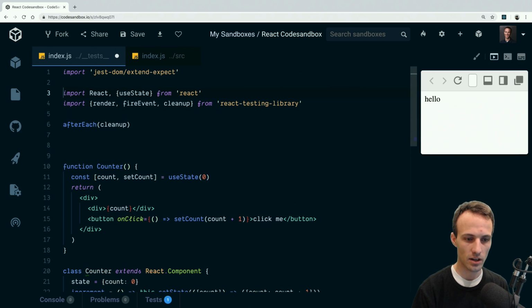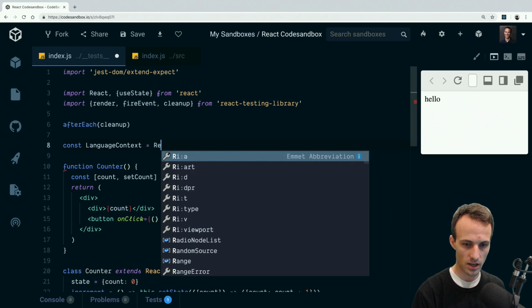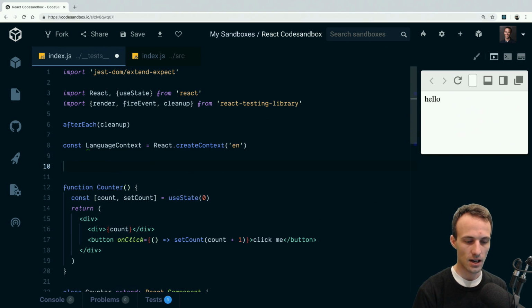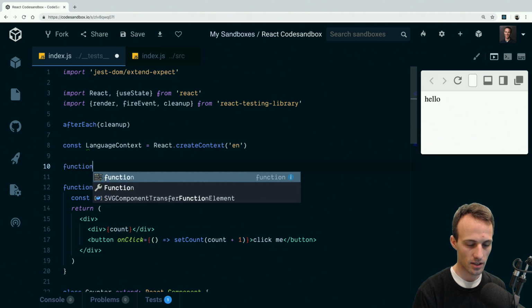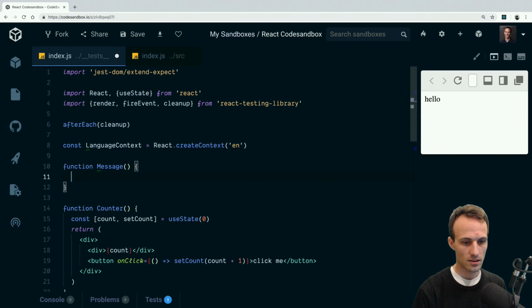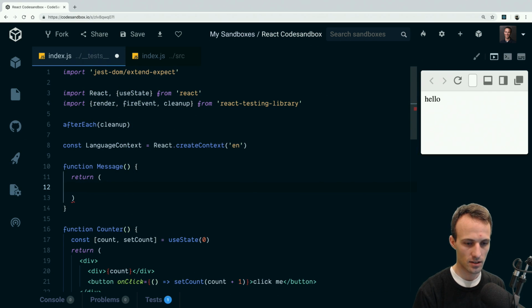Okay, cool. So what we're gonna do is I'm gonna make a language context equals React.createContext. We'll default this to en for English, I guess. And then we're gonna make a function that's my app. Or here, let's do a function that's message. Yeah, that works. And this message function will return a div that has